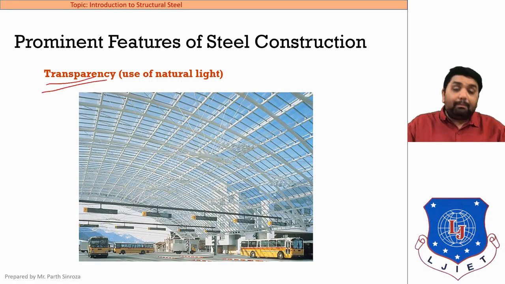Then it can be made transparent. That means if you need greenhouse effects or an energy efficient building, then for transparency, to provide sunlight or to increase the amount of sunlight, steel structures are preferred. Creating the ceiling portion in RCC will be completely solid, whereas in steel construction arches and trusses can be formed, and then proper transparent roofing material can be provided to get something visual like this.